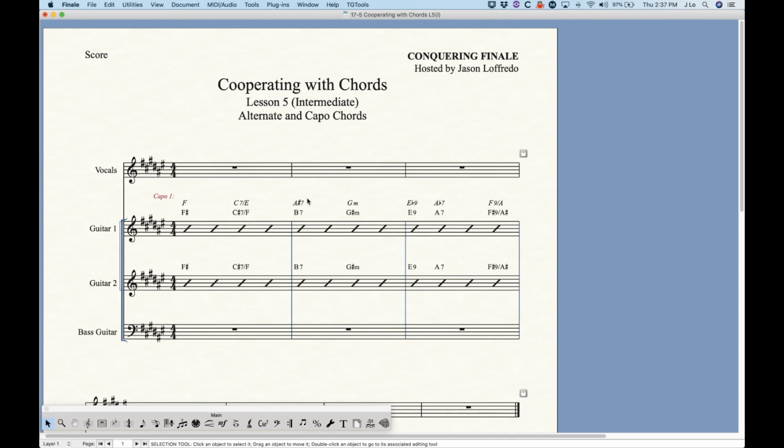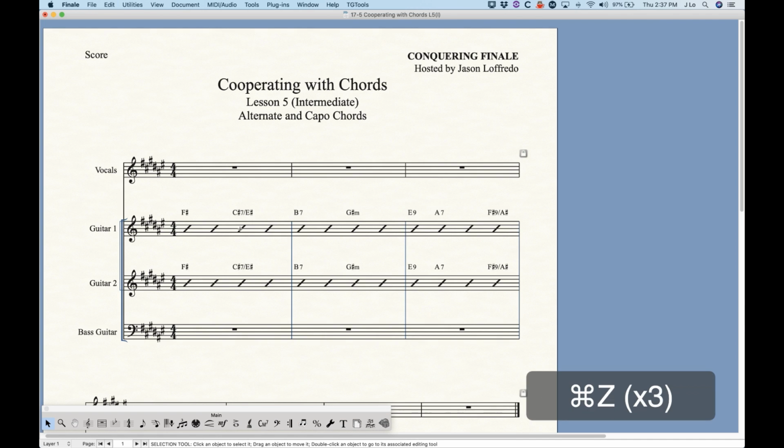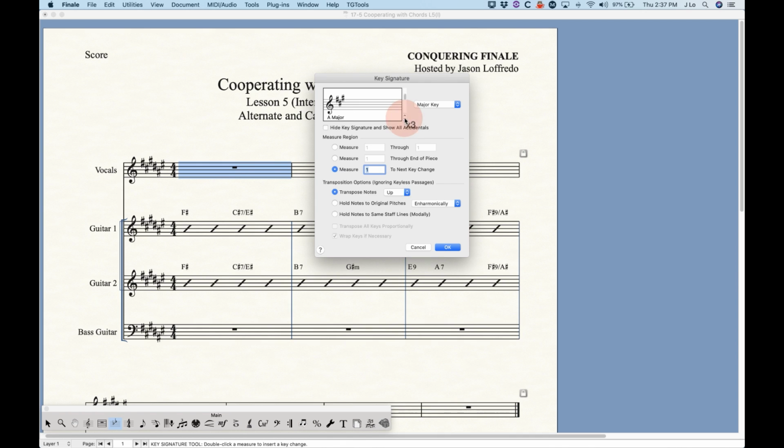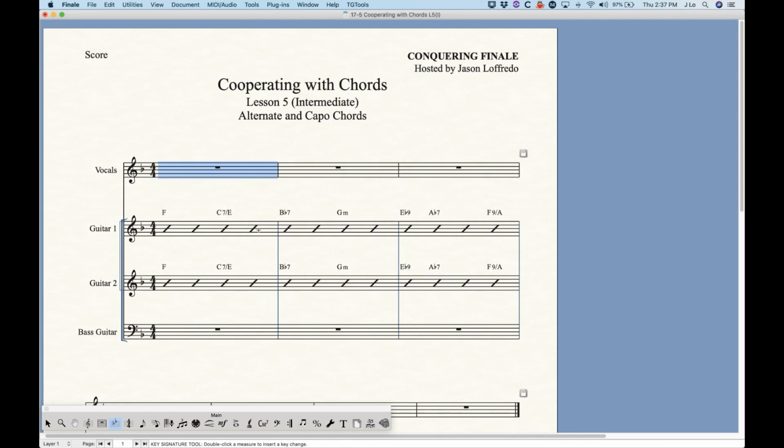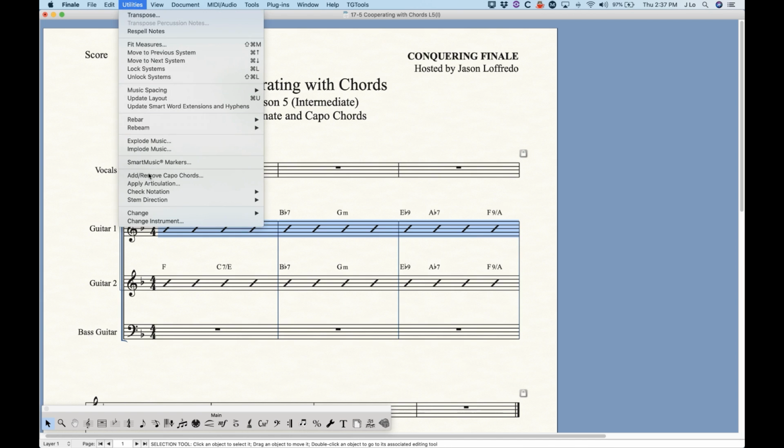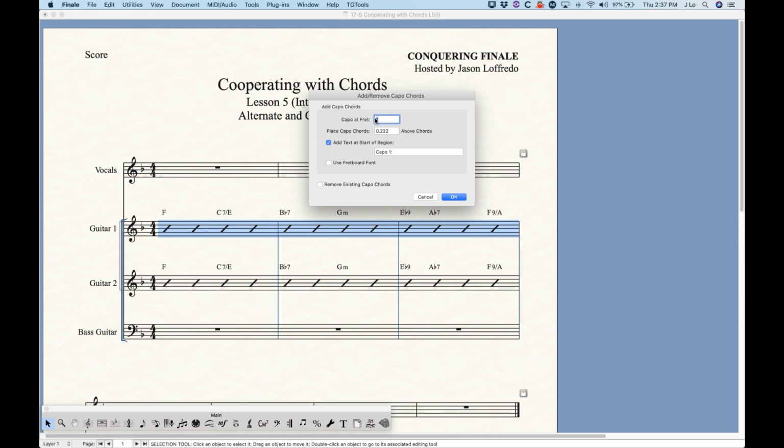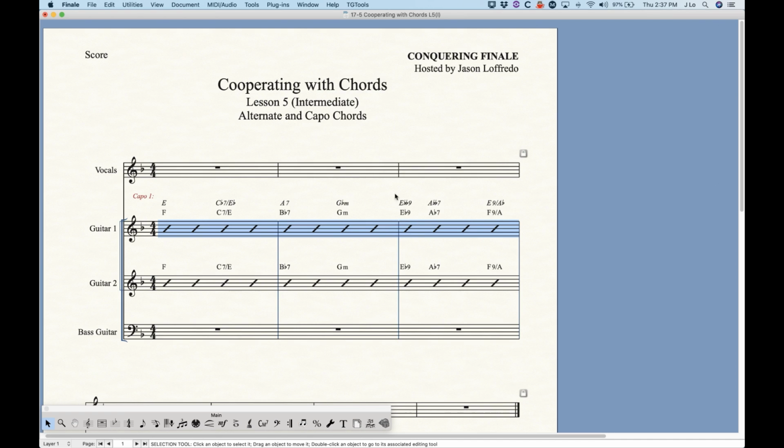So the A sharp 7 is still incorrect. Let me illustrate this a little bit better in the key of F major. Let me just set this up real quick, because this is probably more common. You're going to have a song in F major, and you want to capo at the first fret for your guitar, and you try and do this, add capo chord, capo at first fret, and you get this kind of